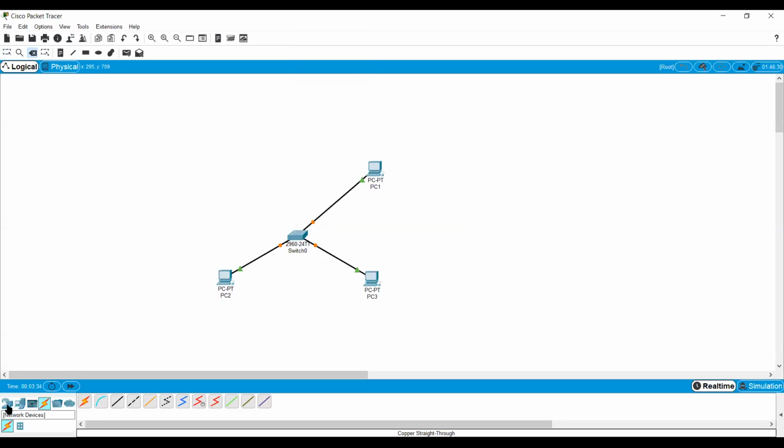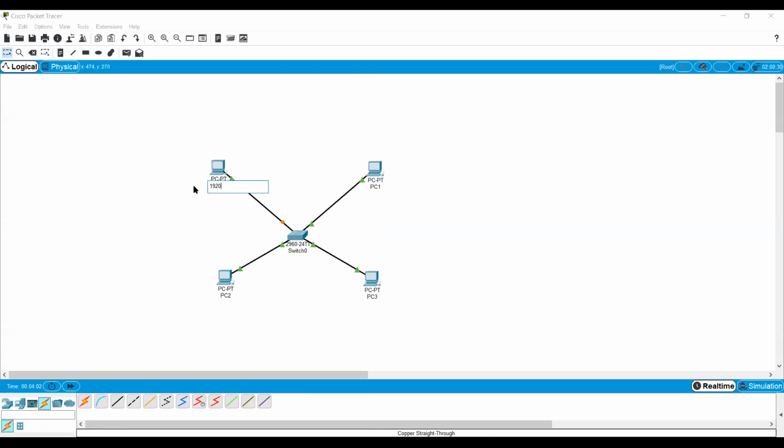Just wait a minute. Okay, so this is our PC, and here we have the connection. Okay, so this is our first PC.